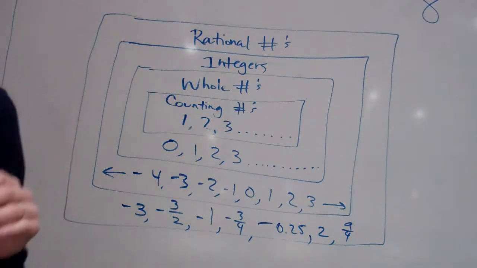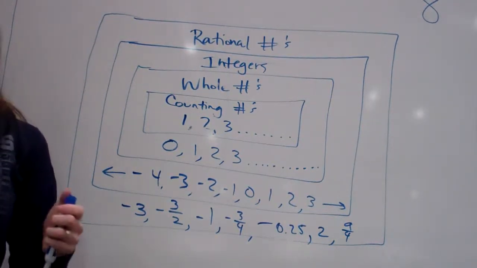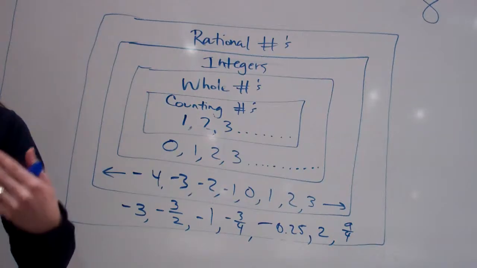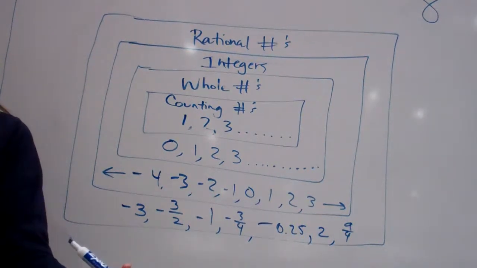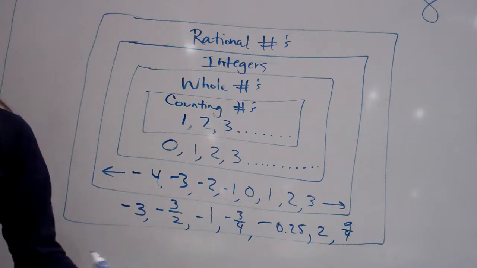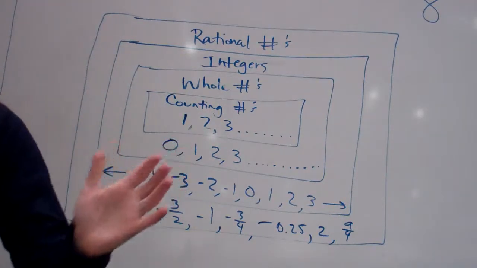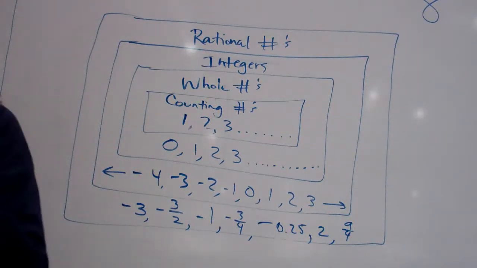Now, irrational, which is not talked about here, irrational numbers are things that you cannot find the exact answer to. For example, 22 divided by 7, pi. Pi continues on forever. It is an irrational number because it never ends. Everybody understand that? Okay, so we're not even going to talk about irrational numbers, but they're going to tell you